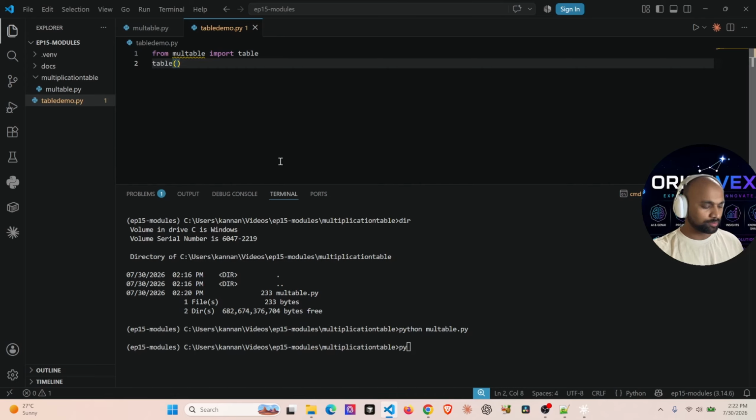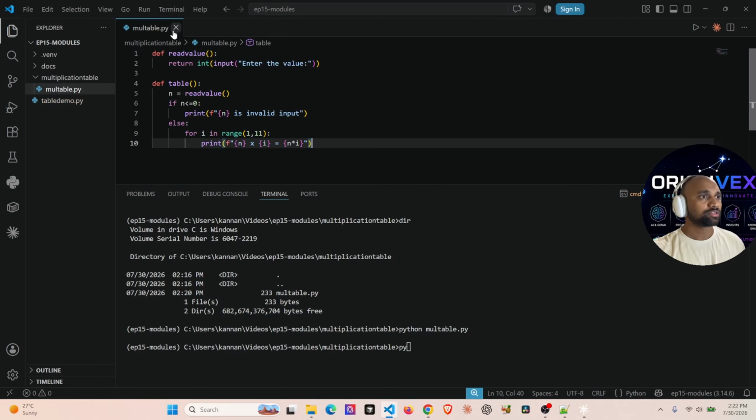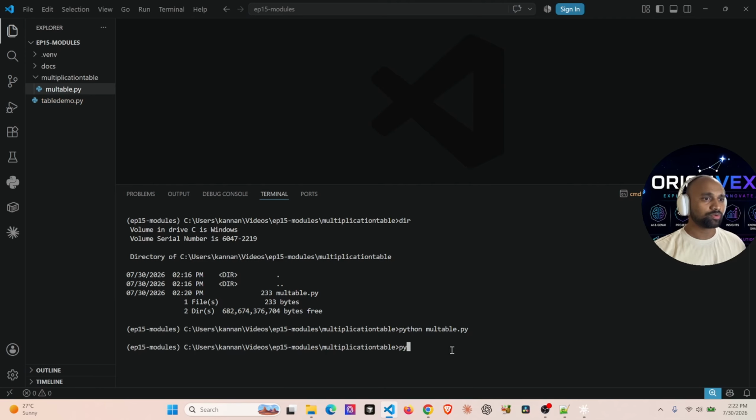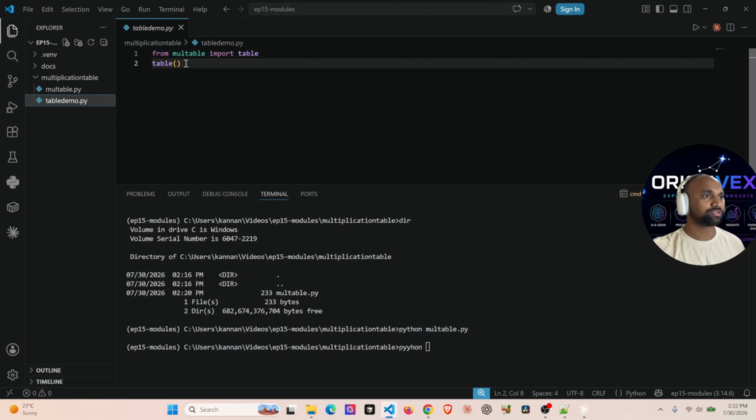Now if I'm going to call this file, let's close this one. Sorry, this has to go inside this folder, then only it will work. This should be in the same folder. That's why it was not accessible. Now if you call Python table_demo.py,